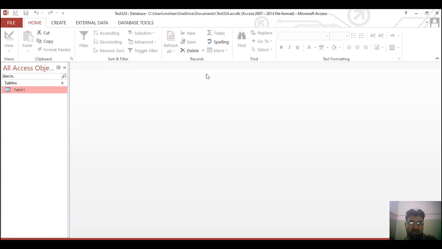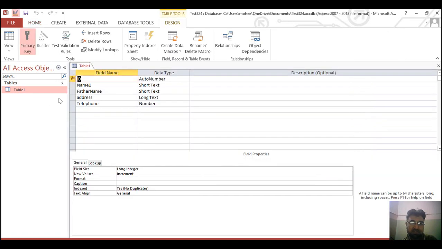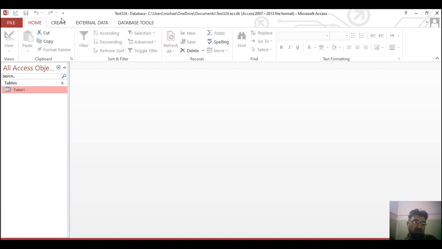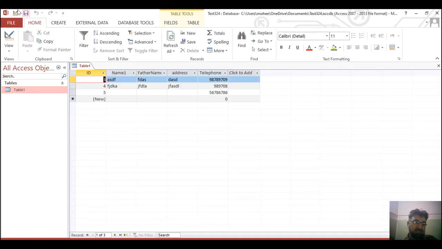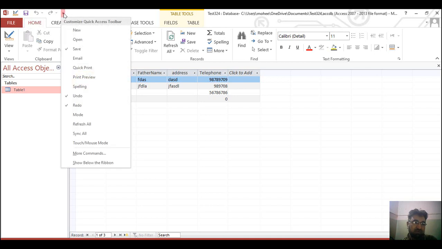So look at this, when I click this test table 234, it is also a table, and it is here. Now for example, look at this, when I click this, some of these small icons get lighted, and this is your shortcut, customize quick access toolbar.